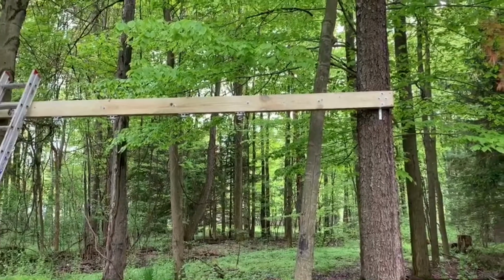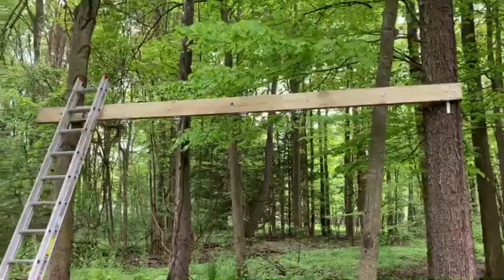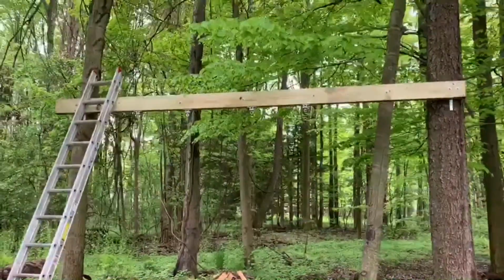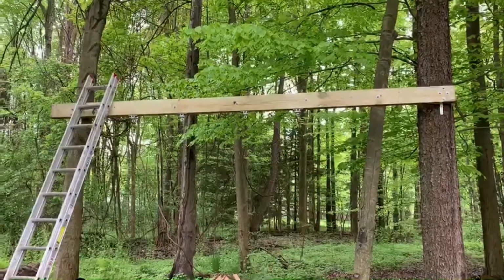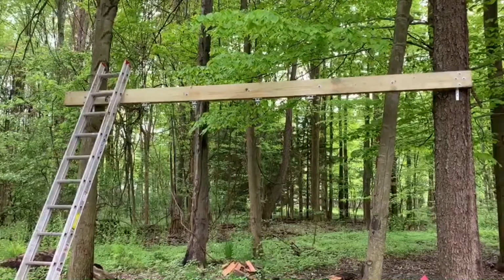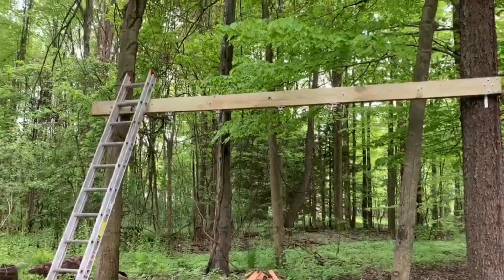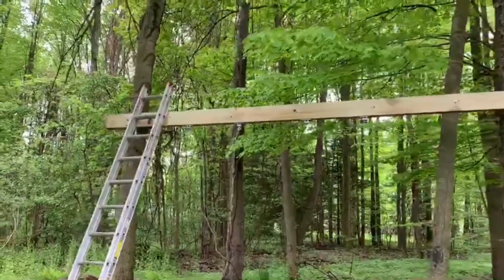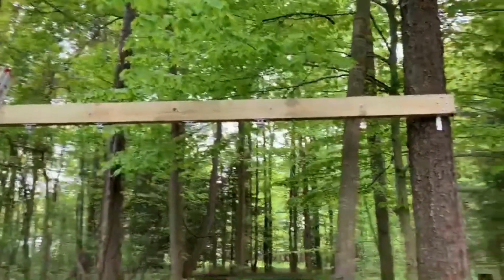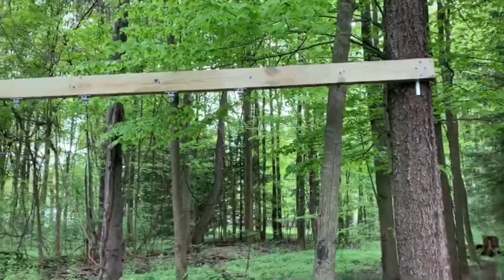So here's the beam mounted on the trees, and as I mentioned before, the trees are about 14 foot apart, so I got a 16-foot beam, 2x8s, and pressure treated wood with galvanized bolts and hardware. It was a bit of a pain to mount them onto the trees because the beam was pretty heavy, and I had to use a couple people to help me pull it up there,